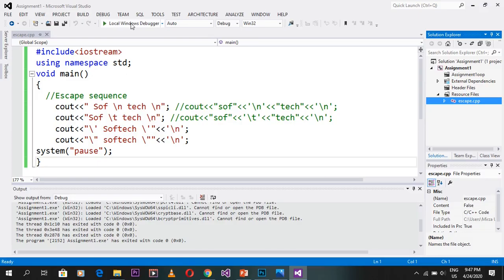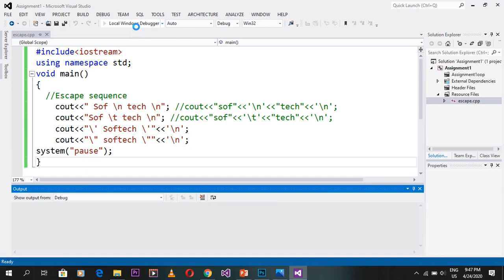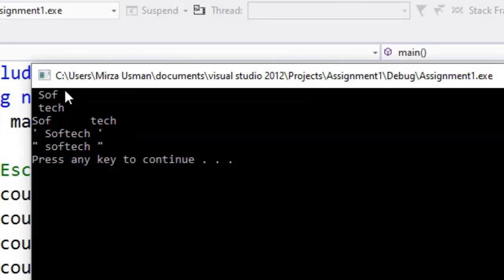Here we have the code we have discussed earlier. First we used \n, then we used \t, then single quotes, and then double quotes. So let's print and see how it works. Here we wrote sof, then we used \n.